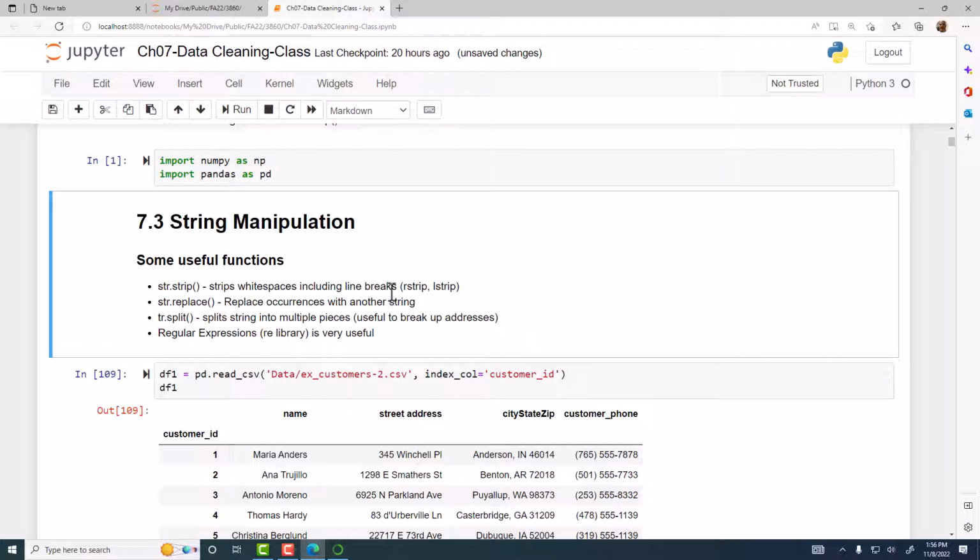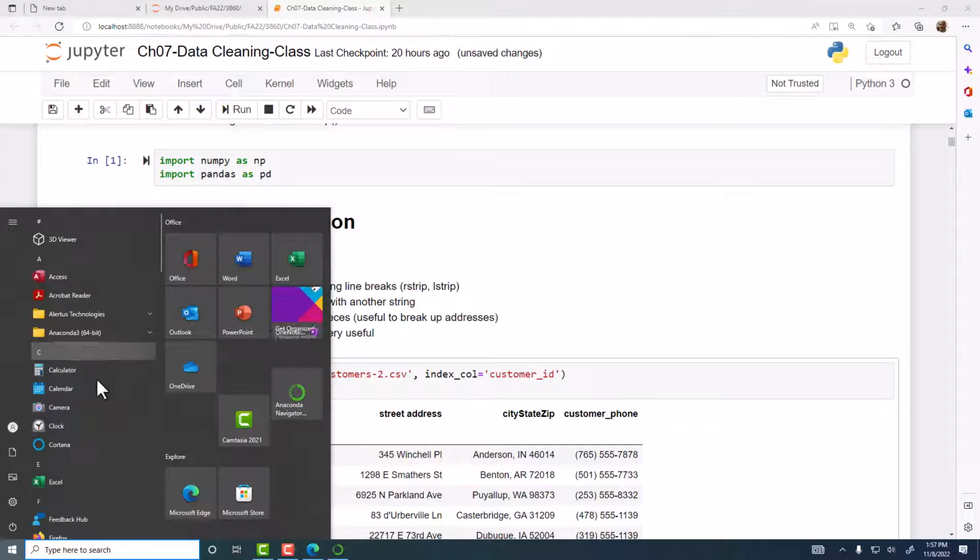All right. So let's go ahead and read this file that I just mentioned a few minutes ago. Okay. So this is a CSV file of customers, and we're going to promote the customer ID column into the index. Okay, so this file